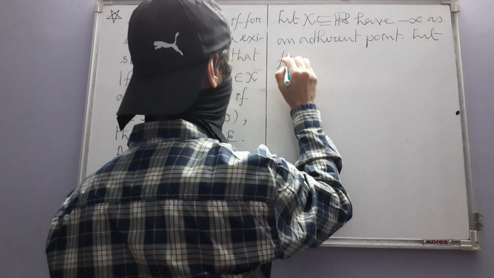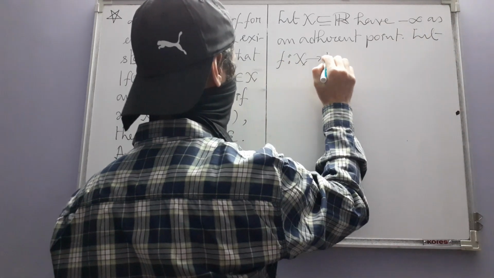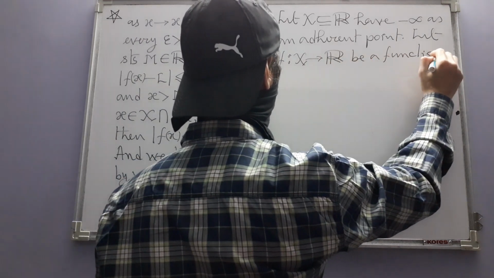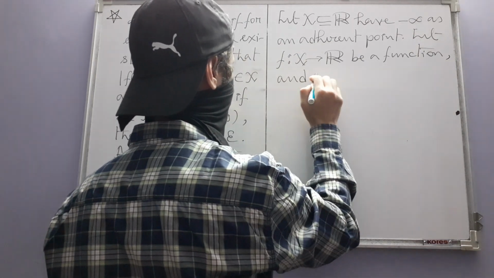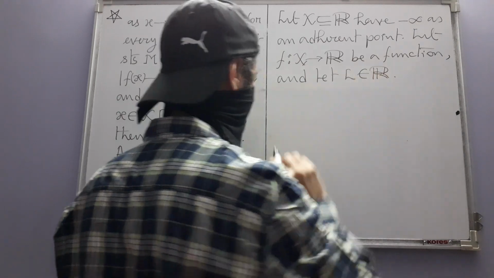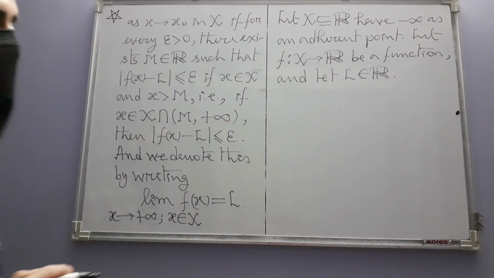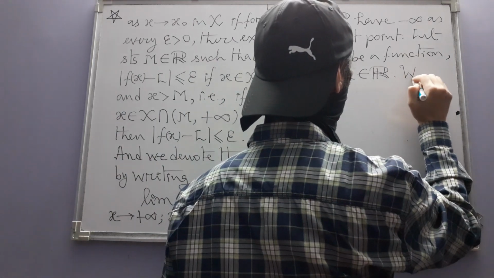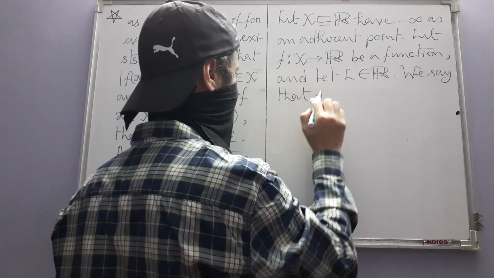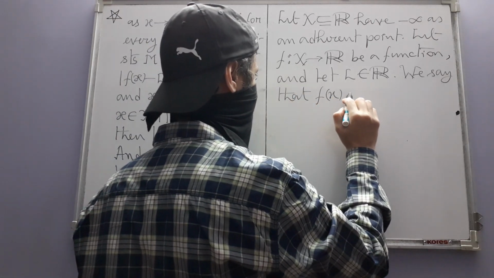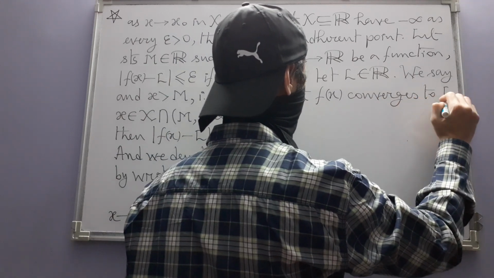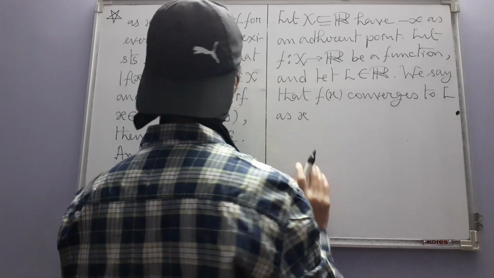Let f from X to R be a function and let L be a real number. There is no need to write in words, you can just write L belongs to R. We say that f(x) converges to L as